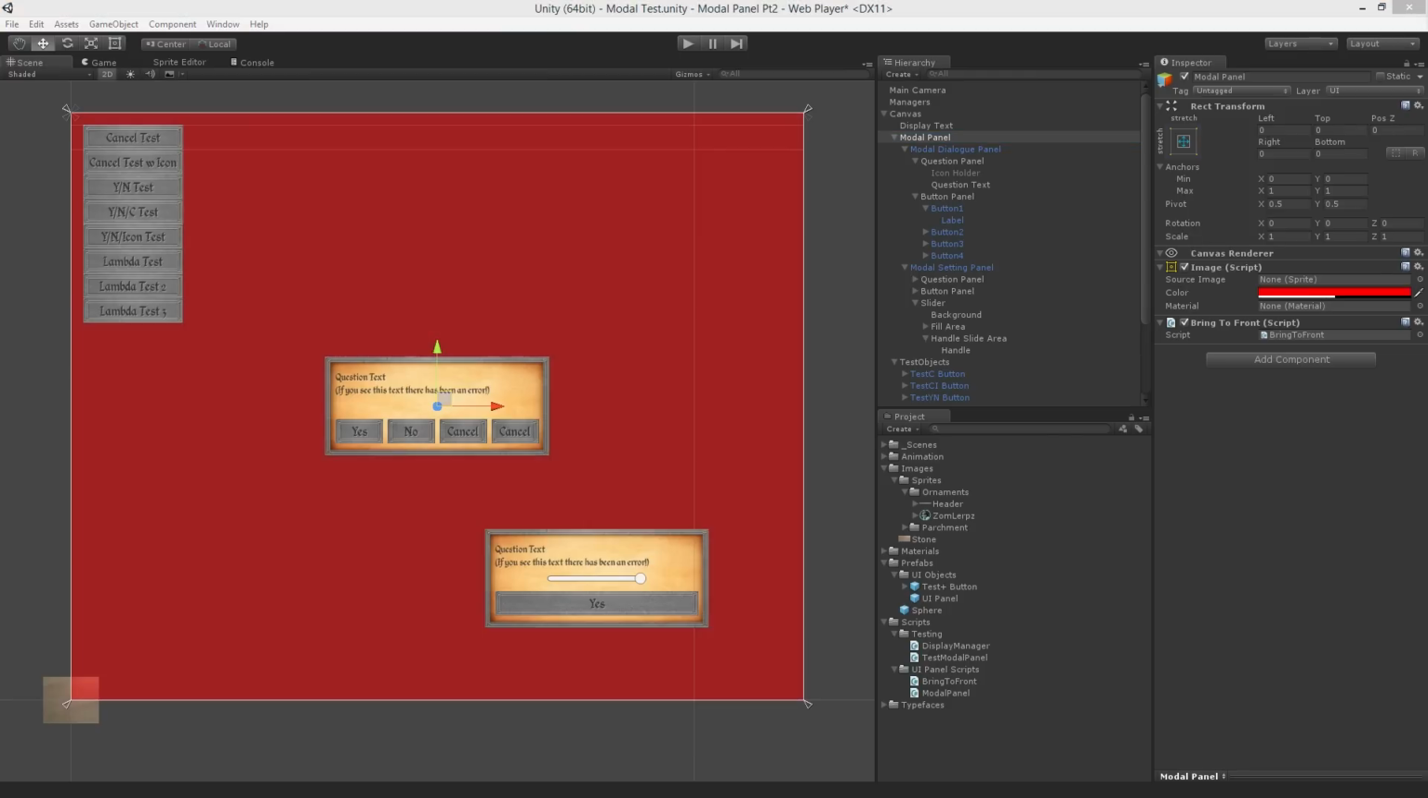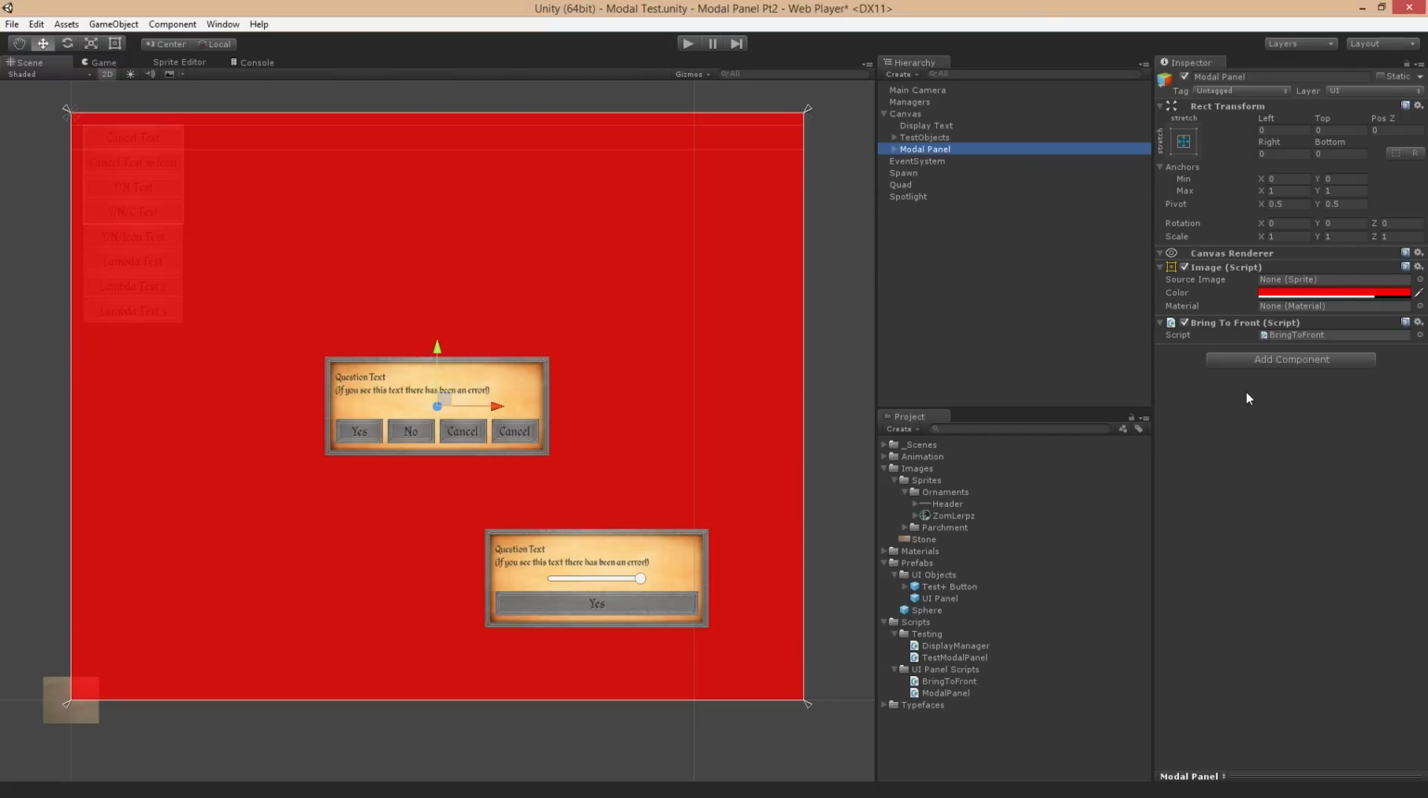Let me just change the color to red, and then we can up its alpha. That is directly attached to the modal panel. And when the modal panel is instantiated, it has that bring to front, so it will take this modal panel and make it the last object in the hierarchy. There we go. So that masking element